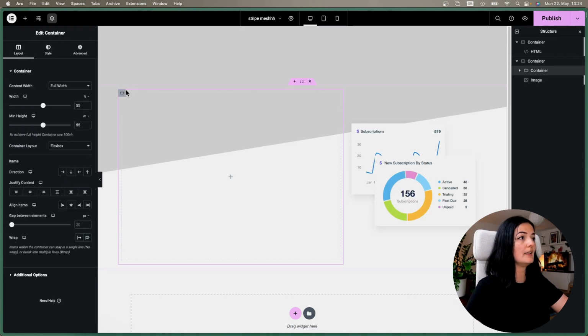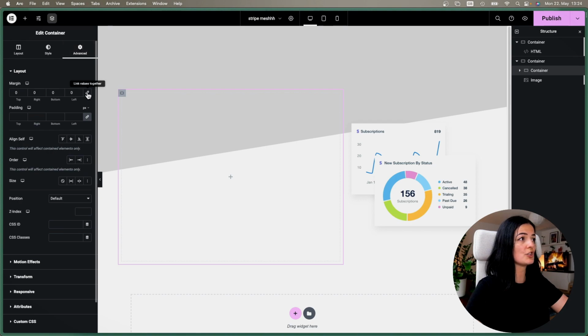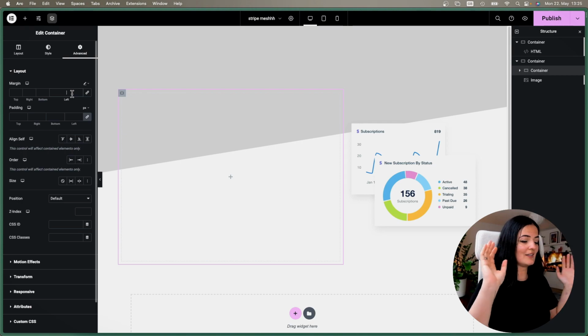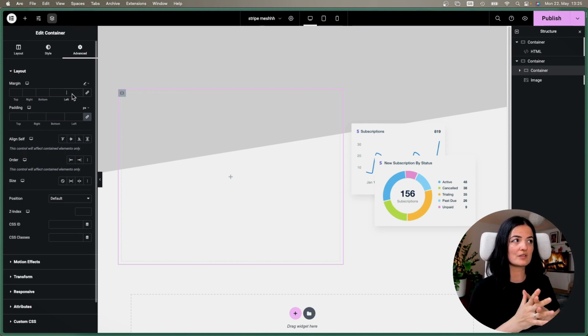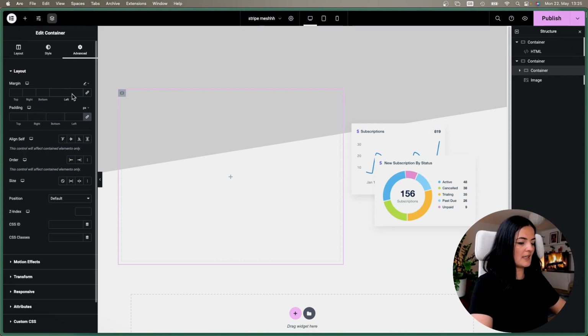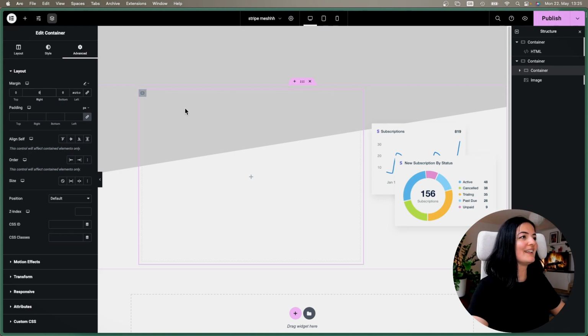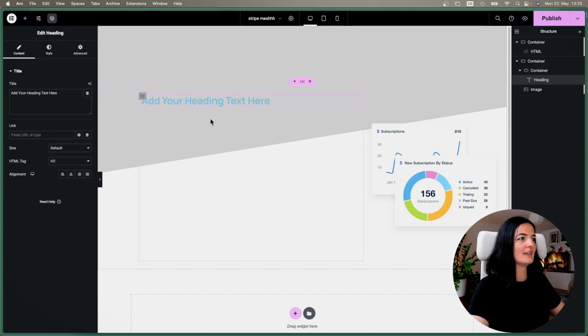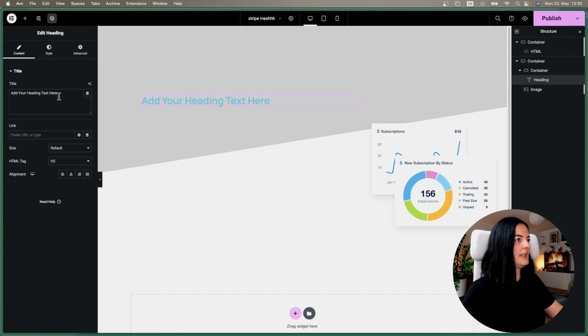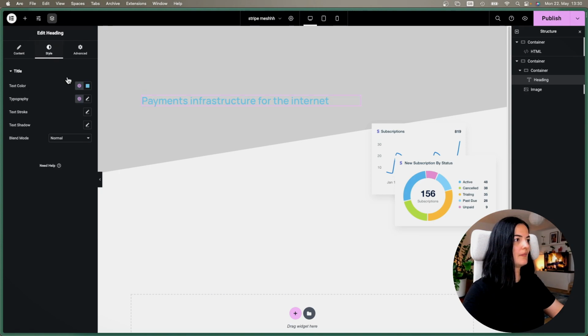All right, and we also want this image to sit at the, no, we're gonna have it sitting in the center, and I'm going to set this container's margin to custom because we want a lot of space on the left hand side, and now we can do that without adding negative values in pixels. All right, so I'm gonna say auto, and look at that. As you can see, we already have some space here. All right, I'm gonna add a heading in here. All right, so let's set our text here. Okay, let's also